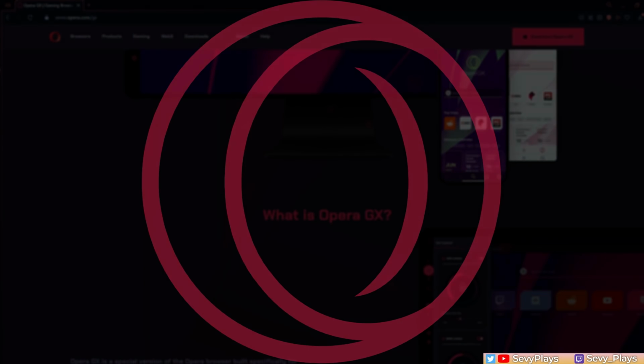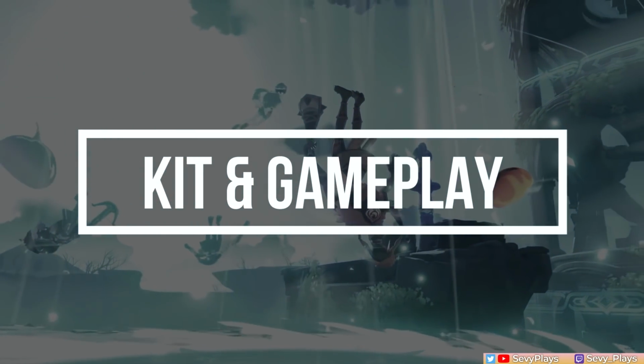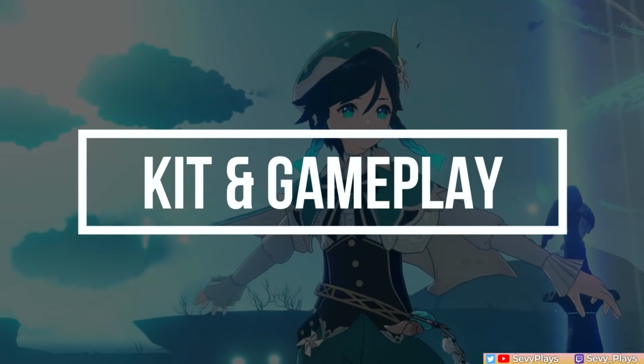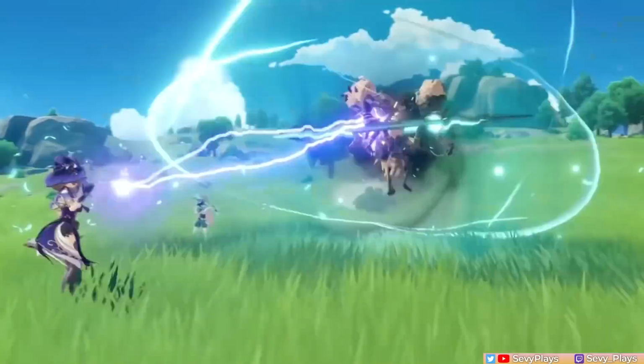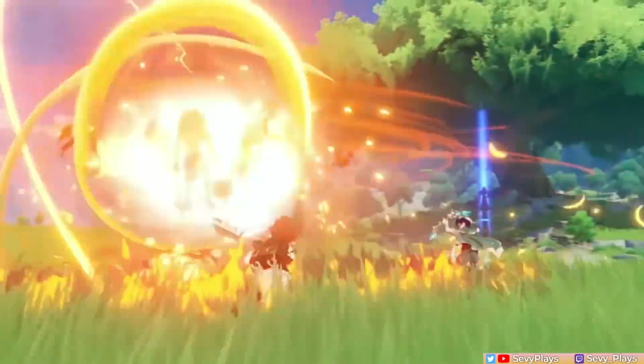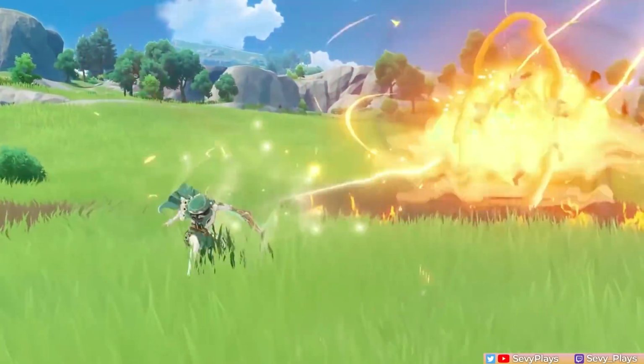Now let's go back to the video. Let's start with his kit and gameplay. Venti is an Anemo support and DPS with the best crowd controlling potential by far, achieved by his easy to understand but potent abilities. And for the absolute beginner, to refresh your memory, Anemo units are very important since they create